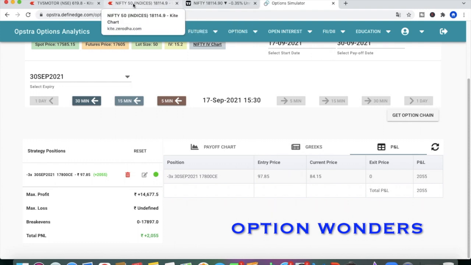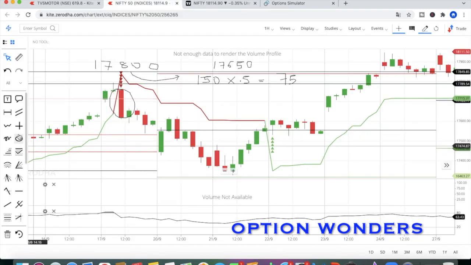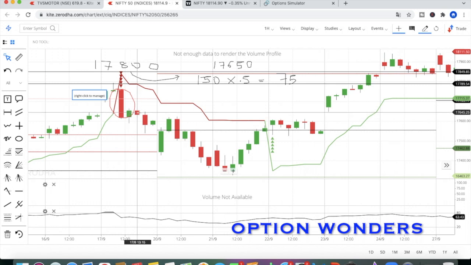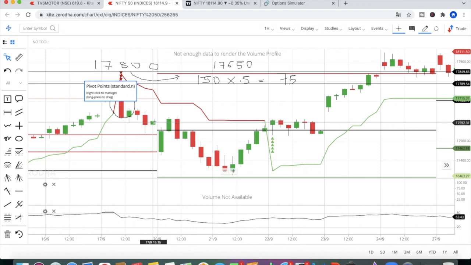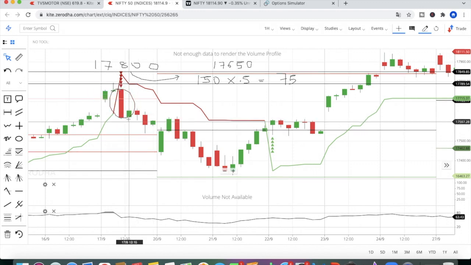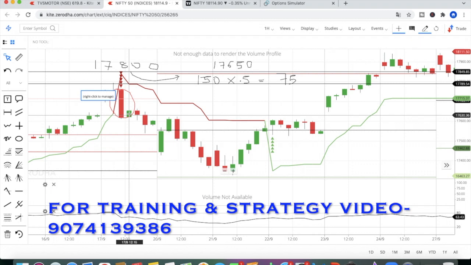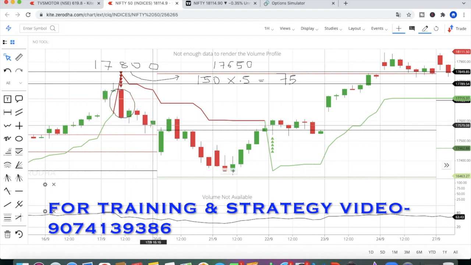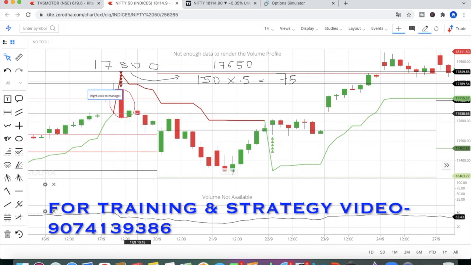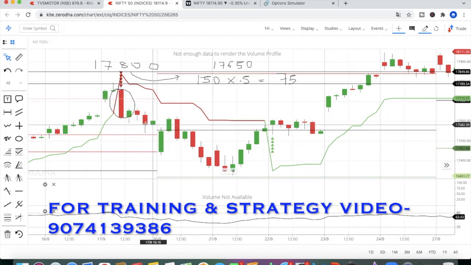Now again I will show you what happened. So what happened after this? The market went down at 3:15 and 4:15. It was almost sideways, because the closing was at 579. What was our spot price? 17,650. Only a small 70-80 points. Because of this 70-80 points, since we have done option selling, we have made profits.